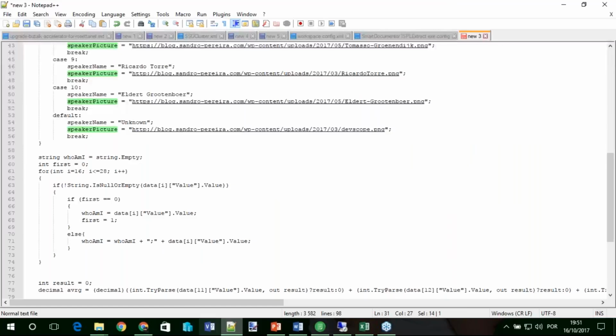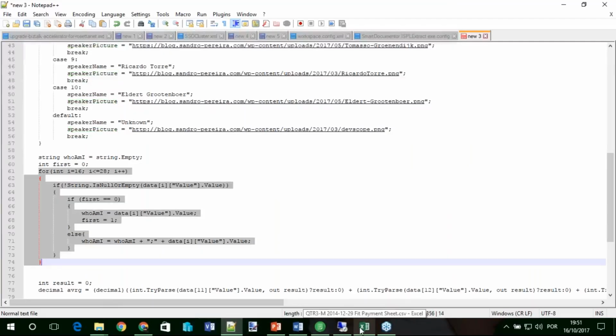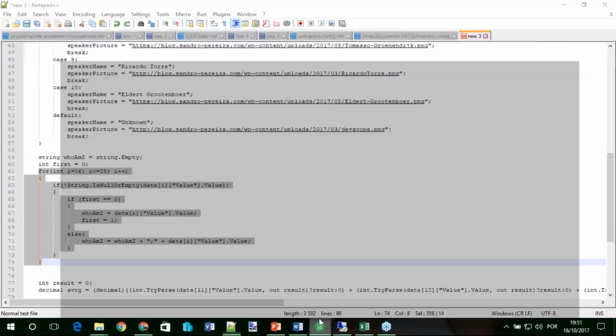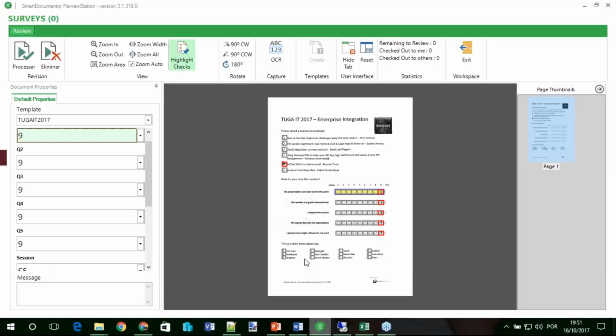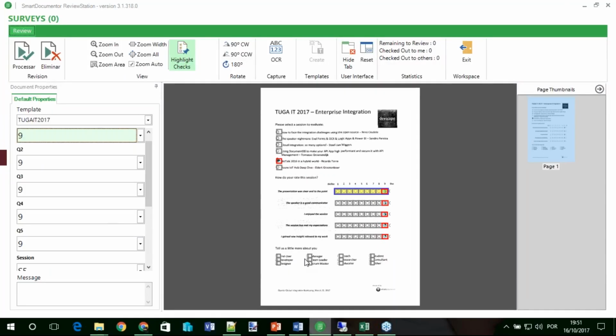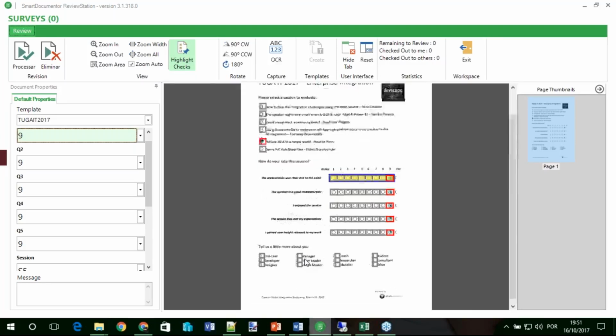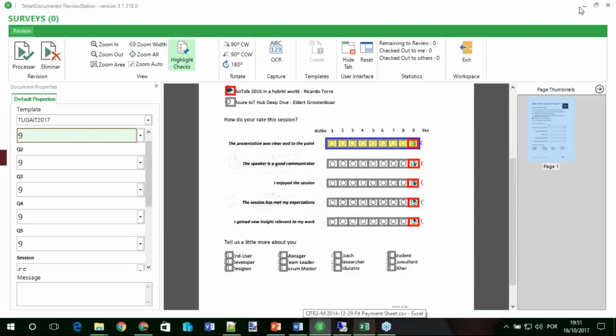So here in this circle instruction, I'm reading "tell me a little about you," and I'm selecting which profile you are as an attendee, as a consultant or a student, a developer, designer, and so on.